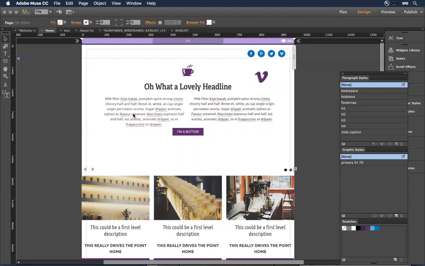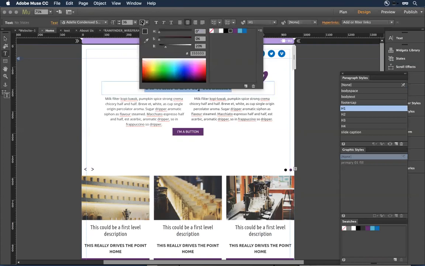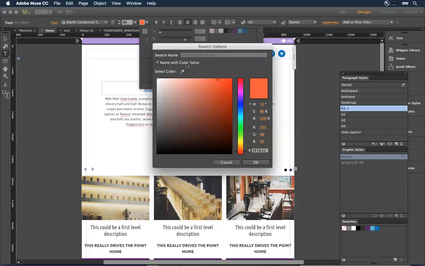So Bob Faulkner is saying that the color swatch has to have a custom name. That is not true. And Paul is reminding me. So let's just try that for a minute. Maybe I am wrong. I am under the impression, as he notes for over a year, that if I came to Oh What a Lovely Headline and I decided I wanted to give it a custom color, let's pick something we're not really using, a beautiful shade of orange, and I save it. This is name with color value, right? So it's using the values that I have defined in my color wheel. If I click OK,